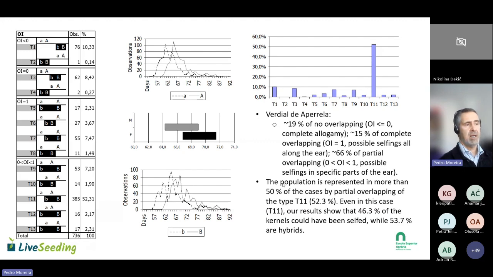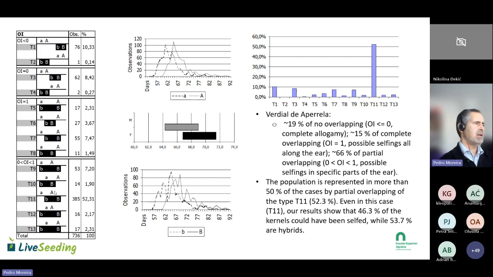And the population is represented in more than 50% of the cases by partial overlapping of the type T11. So this means that it's generally what we know, that the pollen starts to appear, then the silking,